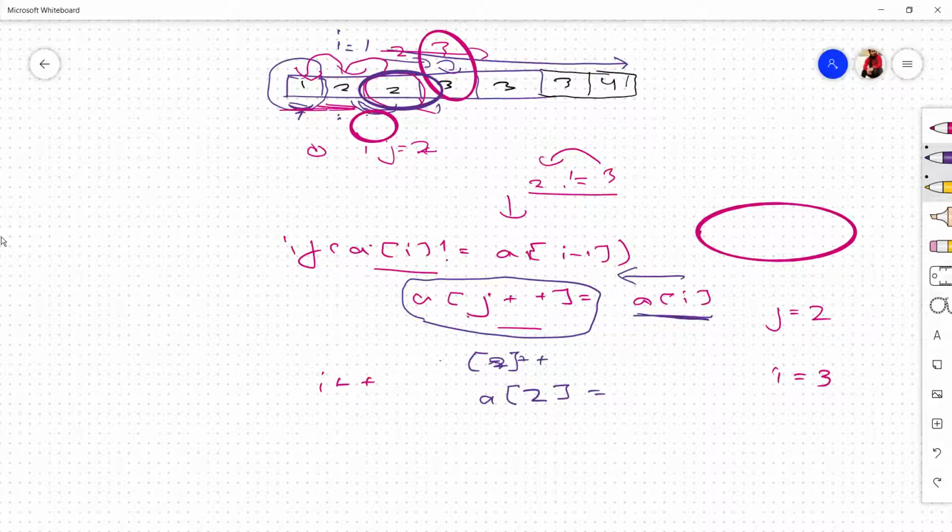a of i is currently on this element, so the value of a of i is 3. So this digit is assigned to the second index of the array, which is this thing. So this will be changed to 3. This will be changed to 3. Now let me just rub